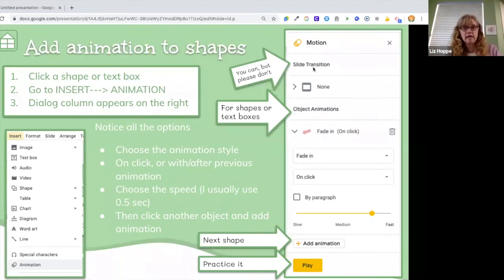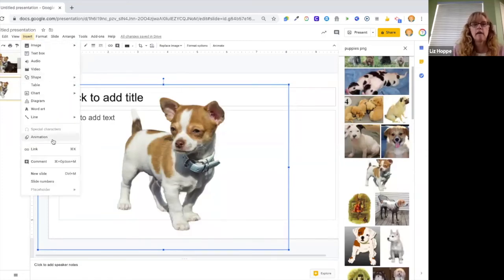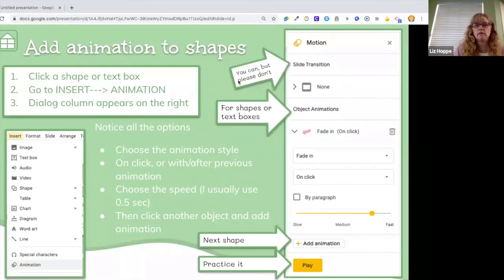Now, how did I get to this menu? Let me show you on our poor puppy. I can go Insert Animation. So that's all we're doing. It's Insert Animation. And then this comes up on the right side. Okay, you want to make sure you're clicked on something. If that option is grayed out, it's probably because you hadn't clicked on something. You have to have an item highlighted. Okay, so when you go there, you've got your slide transition if you choose, but the object animations are right